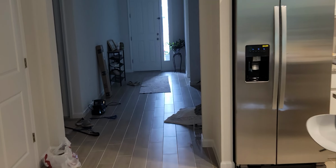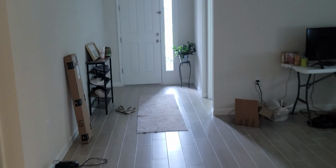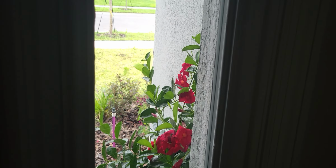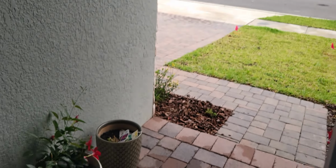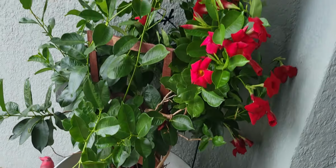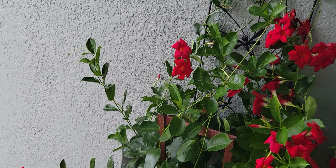At the townhouse that I was living in, when I first moved in there was no plants or anything like that. So I had brought in some mandevilla and stage chartreuse. Brought in some mandevilla, and so I have moved them over here, and I've put them out here. I'm gonna put up on the wall here a big black rack, 4 feet wide by 5 feet tall, and have them grow up here so that from the front of the house, when you come in